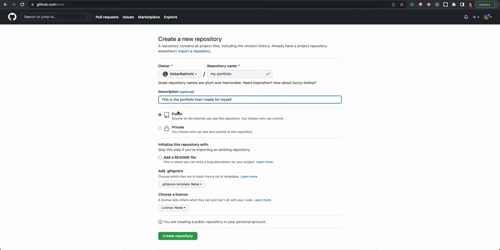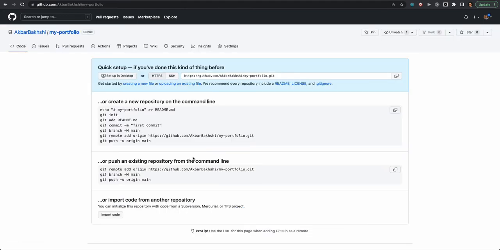You can pick if you want it to be public or private. I think to be able to use GitHub Pages, it should be public. I'm not sure, but right now, keep it as public. And what I need to do is just create a repository. Everything else, don't worry about that, not important. Create repository, and then you're gonna get some directions on what you need to do to push your